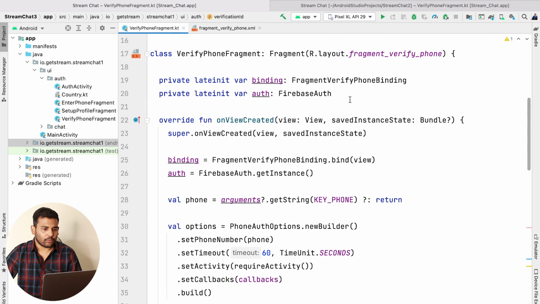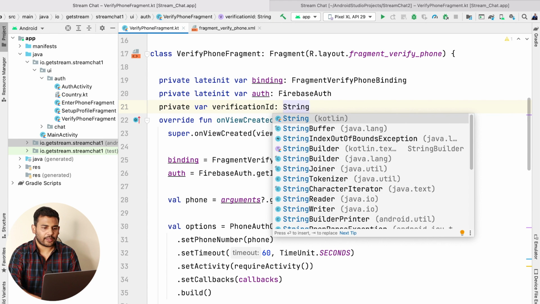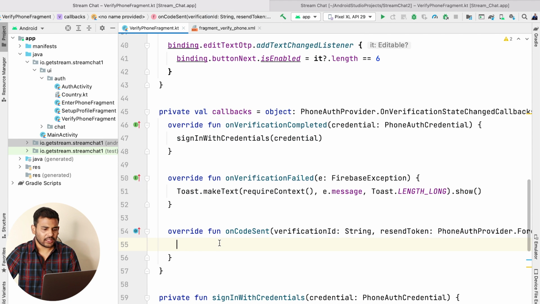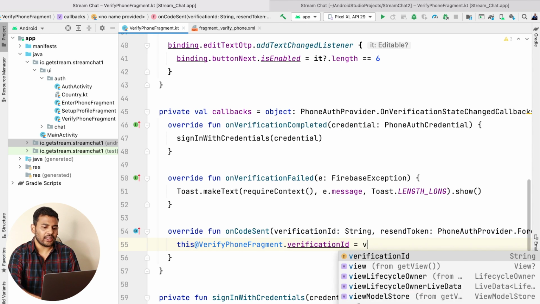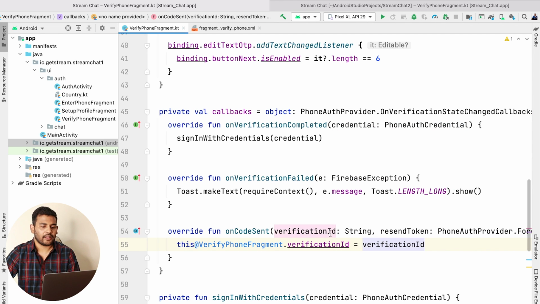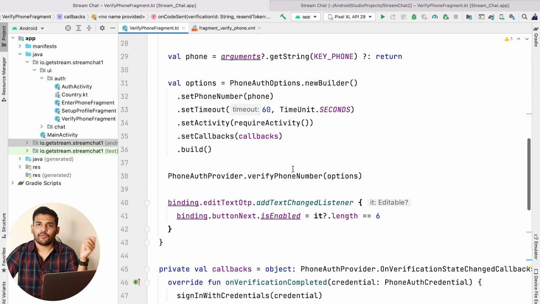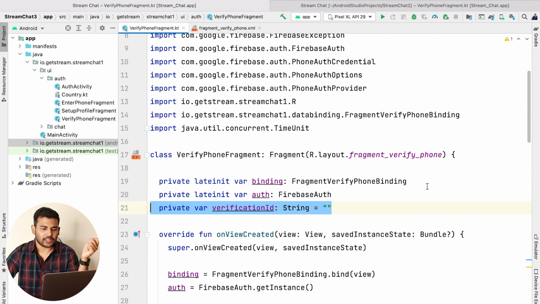So let's define one more variable here, private var verificationID. Now I will write this@VerifyPhoneFragment.verificationID equals this verificationID. So I am saving this verification ID inside this variable, that is this one.